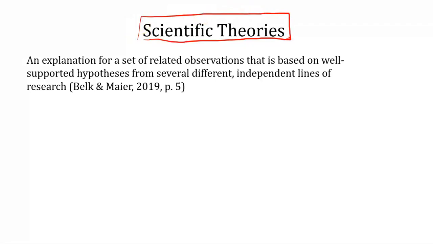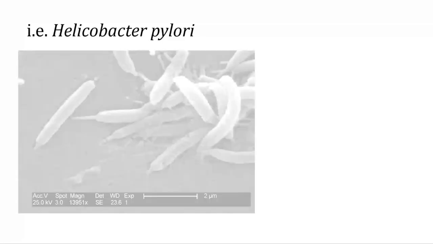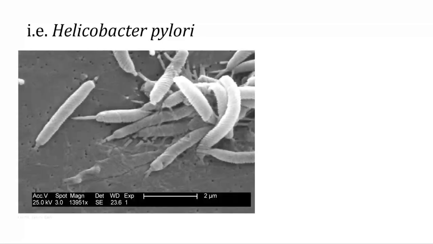So there's a textbook out there that would define it as the following. It's an explanation for a set of related observations that is based on well-supported hypotheses from several different independent lines of research. So an example, we believe that stomach ulcers, okay, people get stomach ulcers, these painful things in their